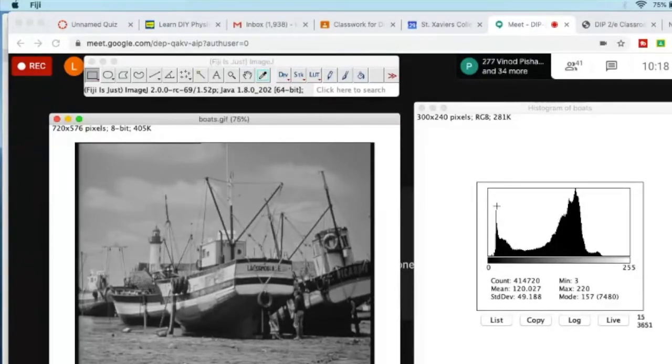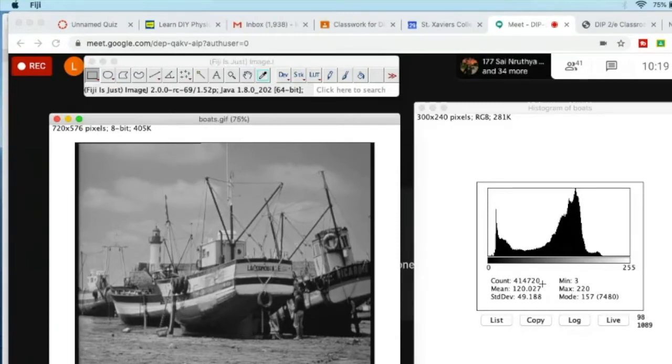The y-axis comes in two types. One way is to plot the probability of occurrence of an intensity value, or in the other case, it can also be represented in terms of frequency. So here it looks like it is frequency. If I click on this, how many pixels are there in this image? You can calculate that just by multiplying the number of rows by the number of columns. So 720 multiplied by 576 comes out to be 414720. So this count is the total number of pixels available in the image.